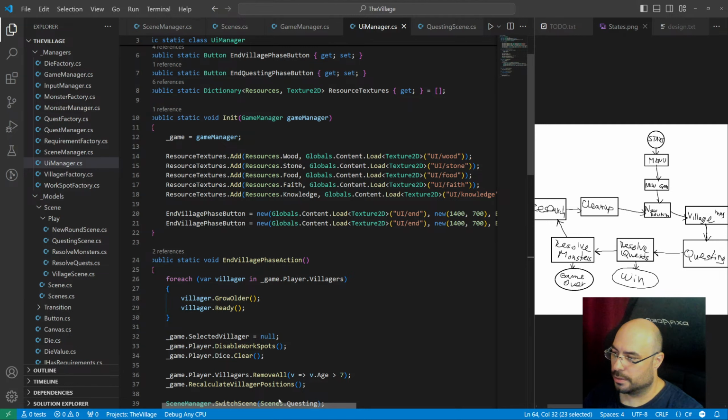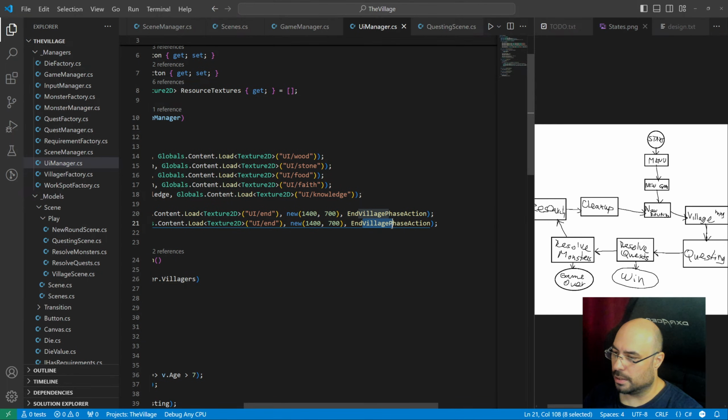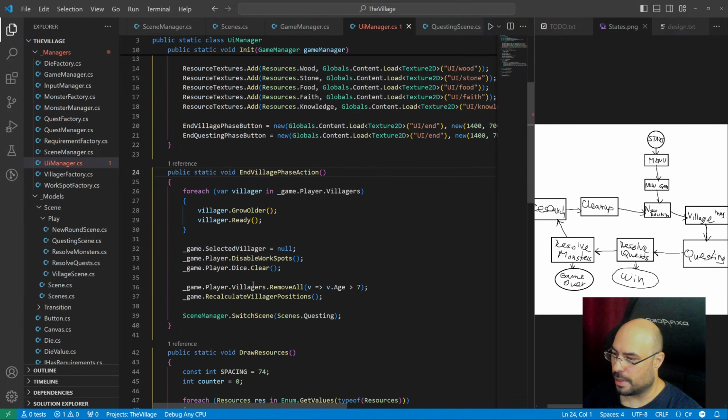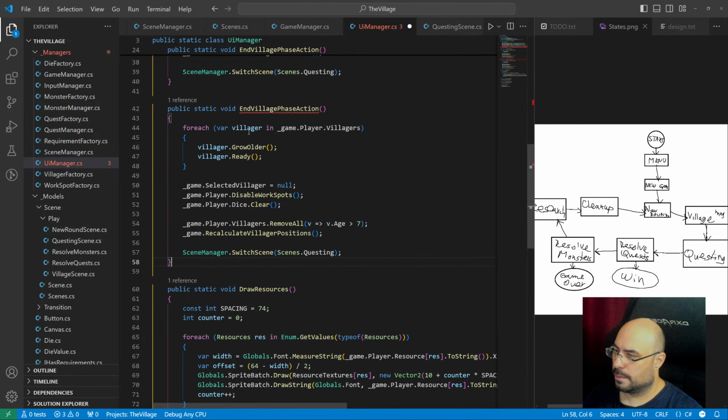Which one is it? Questing phase button. And questing, which we don't have. So let's do that. Questing phase button, action, and